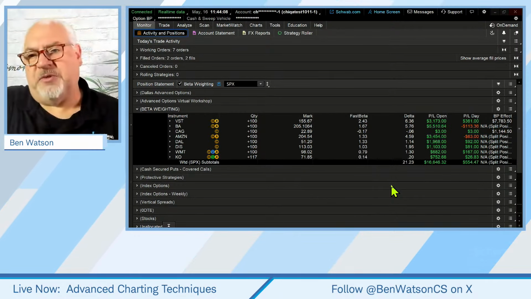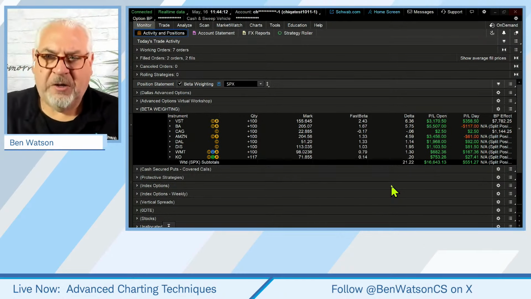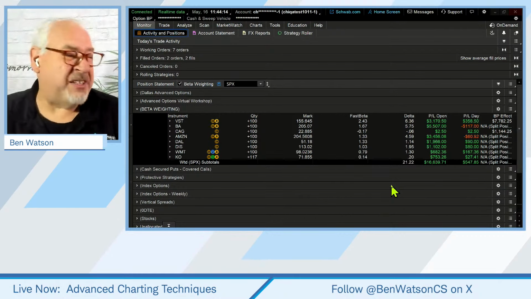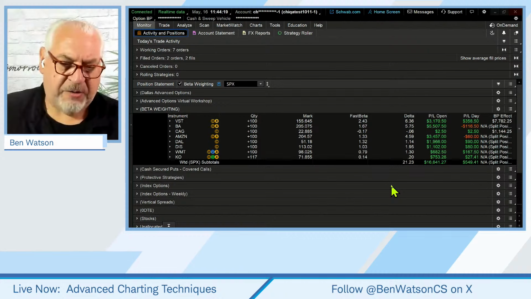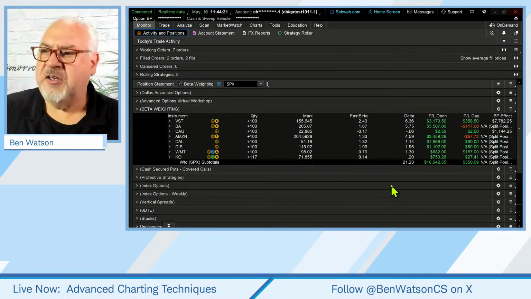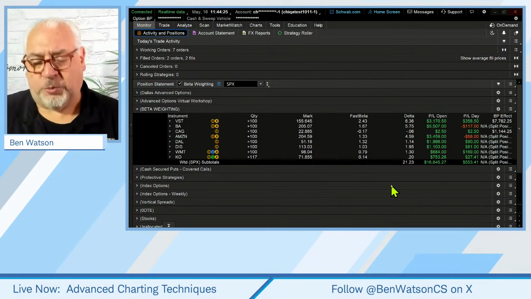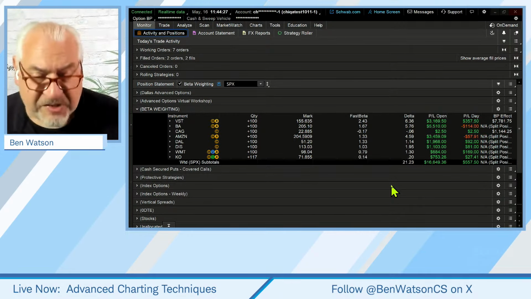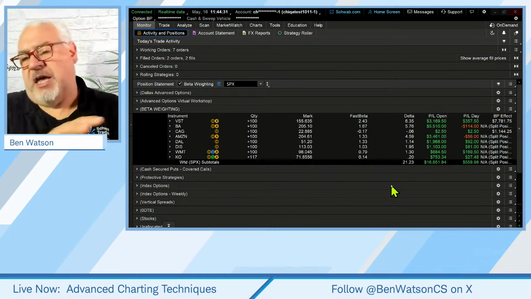Now we may get into a position, traders may get into a position where they're so balanced out and so neutral that when the market does start to move up, like it's been doing over the course of the last couple of months, they're missing out on some of that upside. And so that's part of the process of rebalancing. That's one of the reasons why some traders and investors will rebalance on a quarterly basis, making those decisions quarterly so that they can then